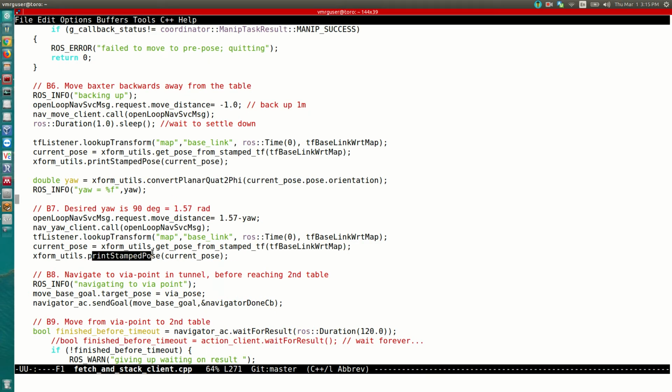Here we print that current pose to screen to see feedback for the user. And then, let me see, we're also doing the yaw call that I missed, sorry. And then here we print the information for the navigation, then we do the rotation, and then print that message again. Then we can navigate to the via point at the opening of the alleyway before reaching the